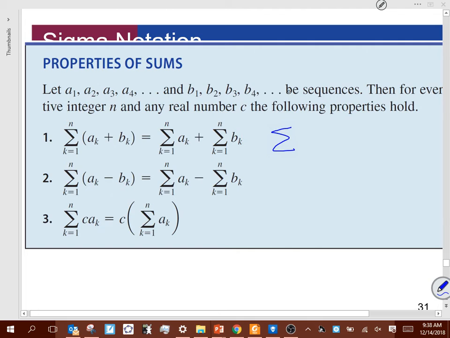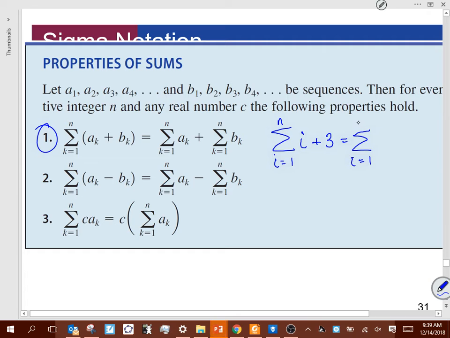So let's say we're using I. So I starts at 1, and we're going to n of, let's just say, I plus 3. Okay? What this rule here, what property number 1 is saying, is that that is equivalent to saying